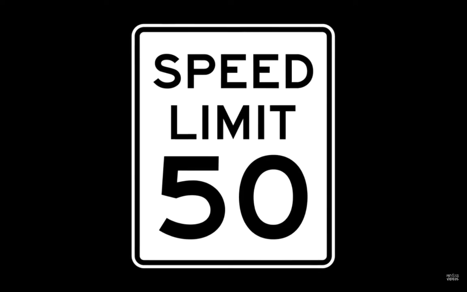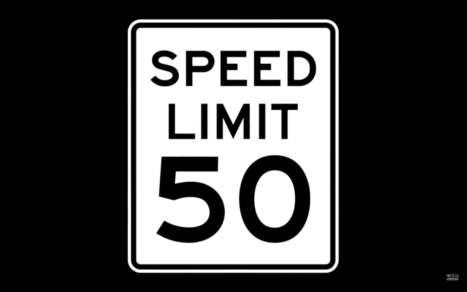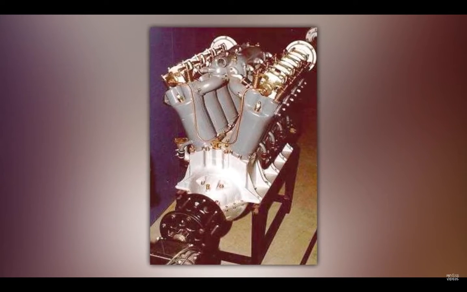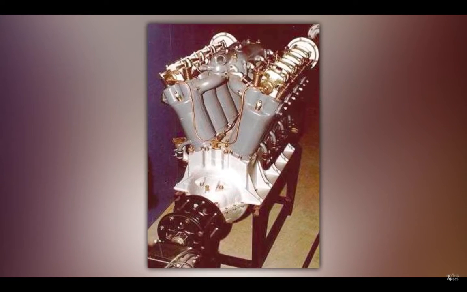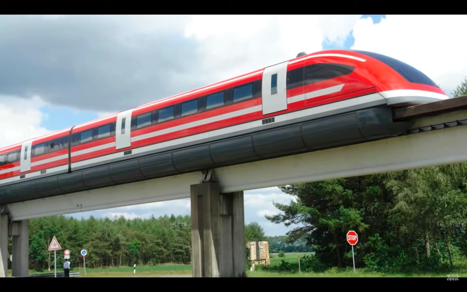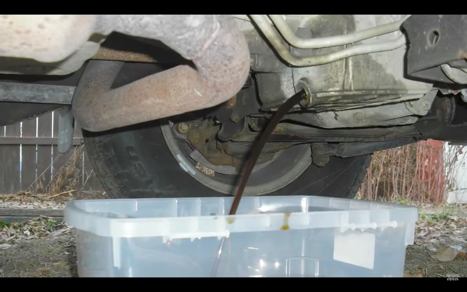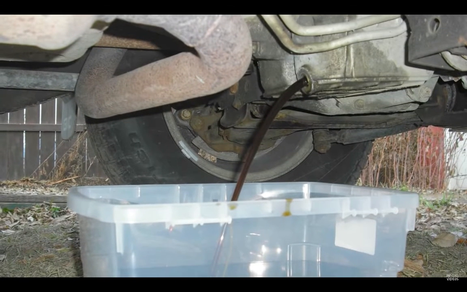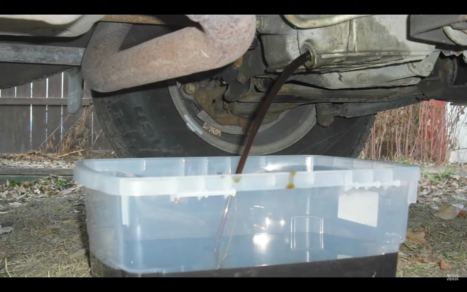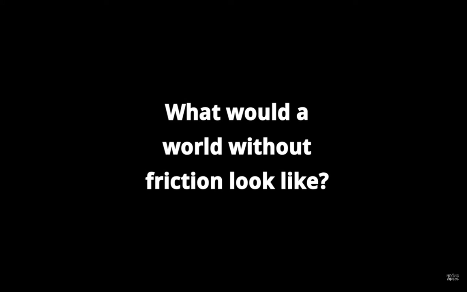You might have heard about friction before. You might have also heard that friction slows things down and wastes energy. So wouldn't it be nice if there was no friction? That might be good for cars, for example. For one, you wouldn't need fuel to make them move because nothing would slow them down. They would look more like these high-speed trains. Plus, you wouldn't need oil for engine parts because they would move perfectly smoothly anyway. But you might be surprised at how hard it would be for you to do the things you do every day without friction. So, what would the world really look like without friction?